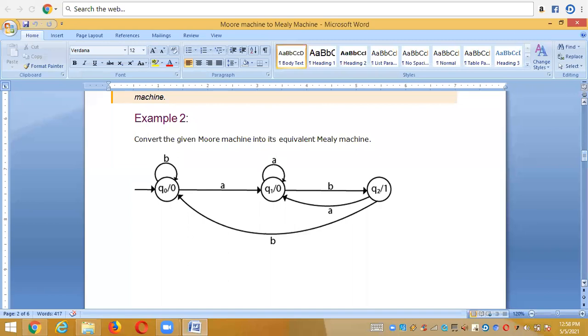See, from the machine, which machine is it? It is a Moore machine. How can we say that it is a Moore machine? The output alphabets are represented at the states. That means the output alphabets are associated with the states, and in one circle we represent a state along with its output alphabet. So we can say that it is a Moore machine. If the state itself has an output, then it is a Moore machine. Now follow the same procedure.